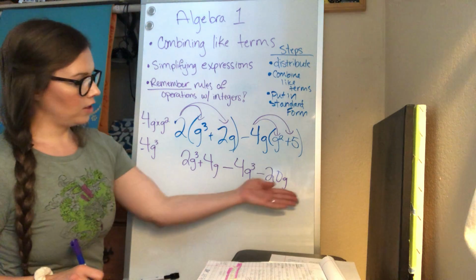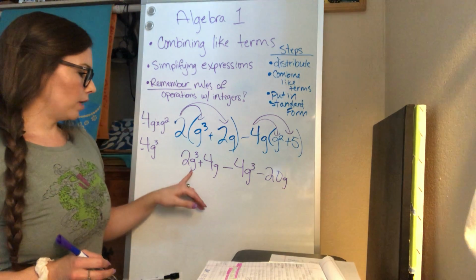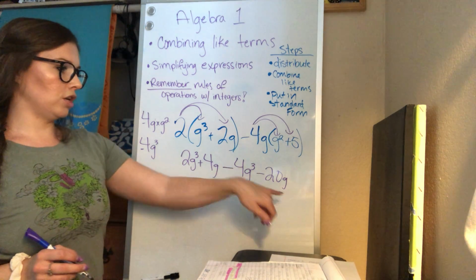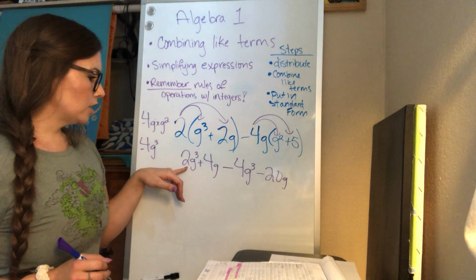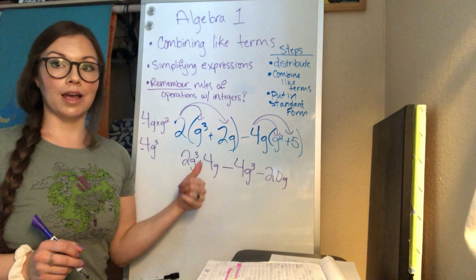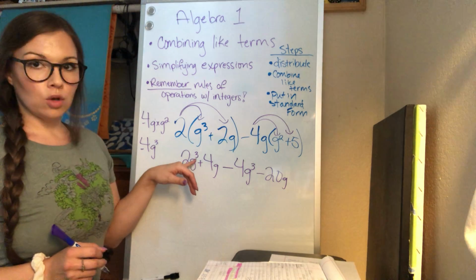Here, now that we have distributed, we can combine any terms that are alike. So we have a g cubed, a g, another g cubed, and another g. So let's look at the g cubed first, because I want to put it in standard form, so I'm going to start with the highest power, then I don't have to rewrite it at the end. So 2g cubed